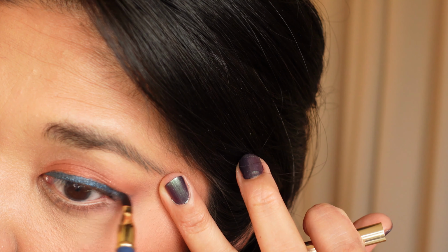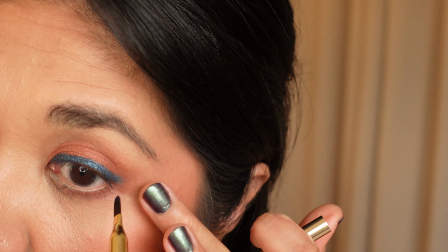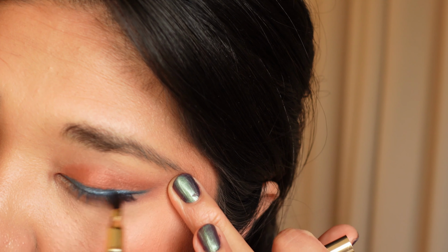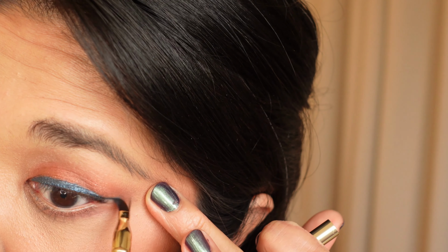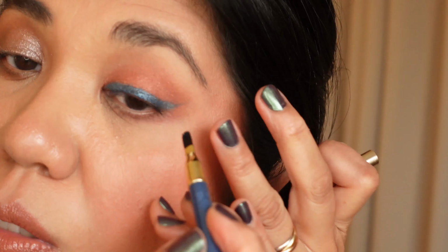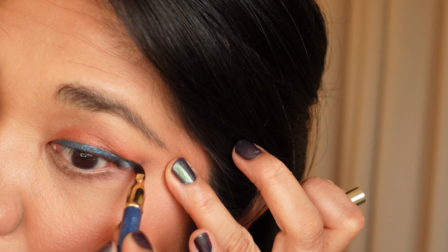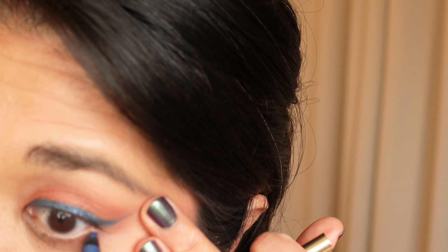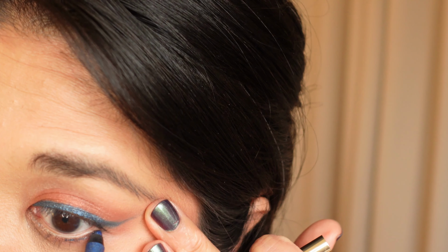What's nice about this tip is that you can wash it, as opposed to the Kajals that Victoria Beckham has. It has a sponge, but you can't really clean it. What I do like about it, see, then you can start to wing it out. So you do have playtime with this product, which I love. Look how pretty that is. So fun editorial looks, and then I can bring it down here,